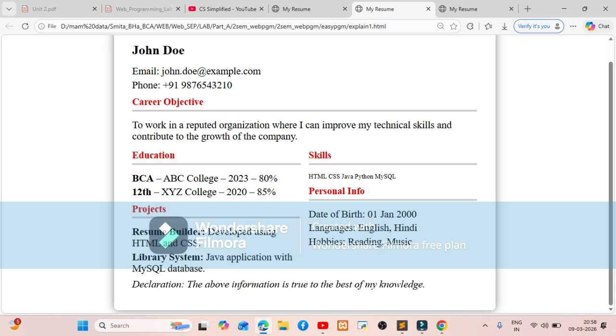So it totally depends upon you what CSS, what styling you want to add, and in which format you want to display the content. All the CSS that we have applied to our first program is not compulsory. This is used only to make our web page look attractive, readable, and better.